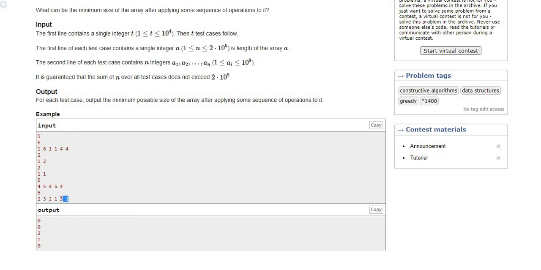I can delete 1 3, then 1 2, and finally 2 3. So my array size becomes 0, and the output is 0.